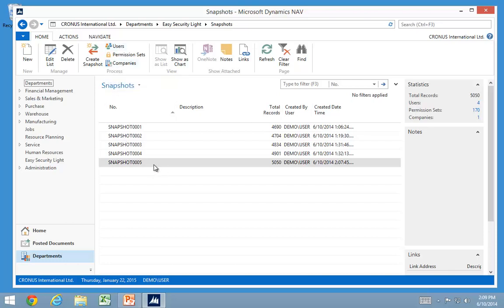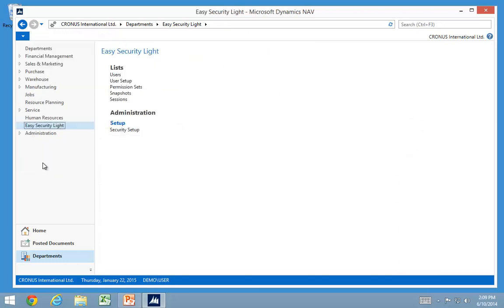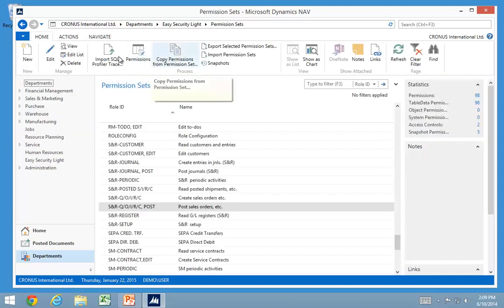The snapshots are used automatically when you import new permissions. With the import permission sets up here, it will create a snapshot automatically for you. So the snapshots allow you basically to roll back data to a previous stage or look at how data was earlier in